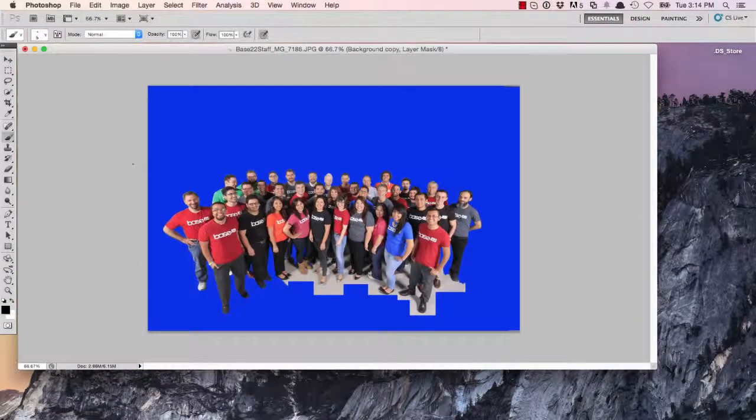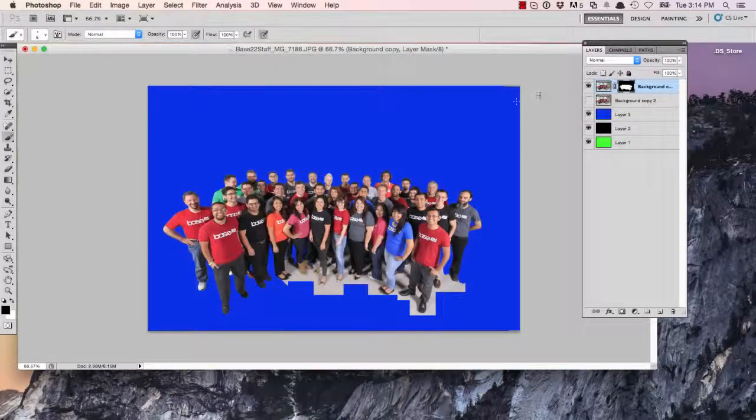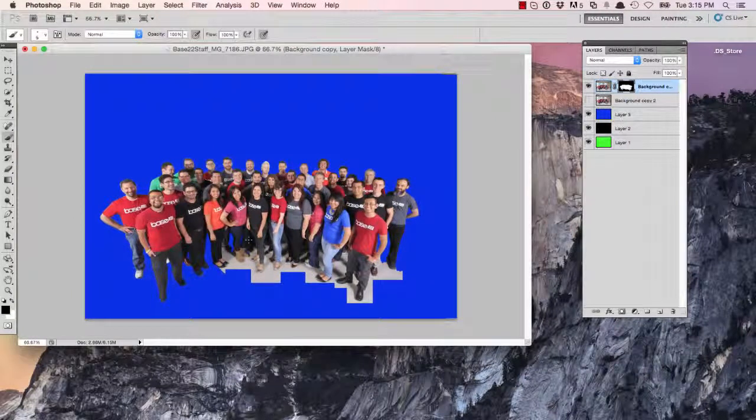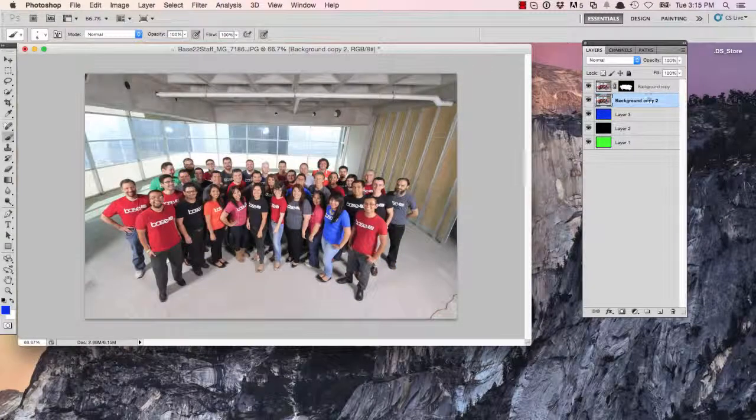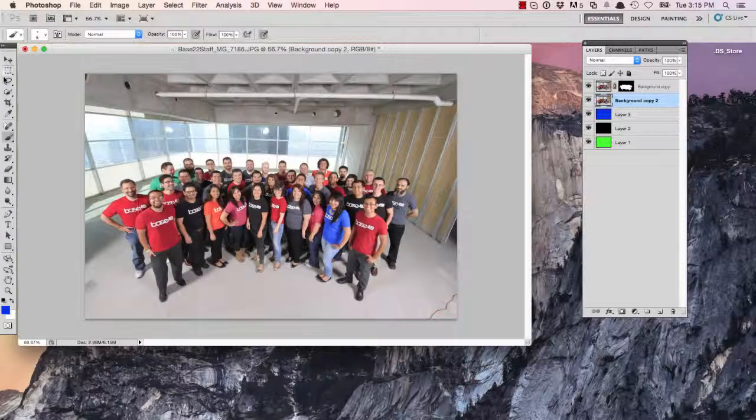Now we're going to see what, window, show layers. We're going to see the backup of that layer I made. Once I get down into this feet area, about right in here, I start getting into a lot of shadows and things like that, which make it difficult to deal with. So what I'm going to do is turn this copy on in the background that I did,